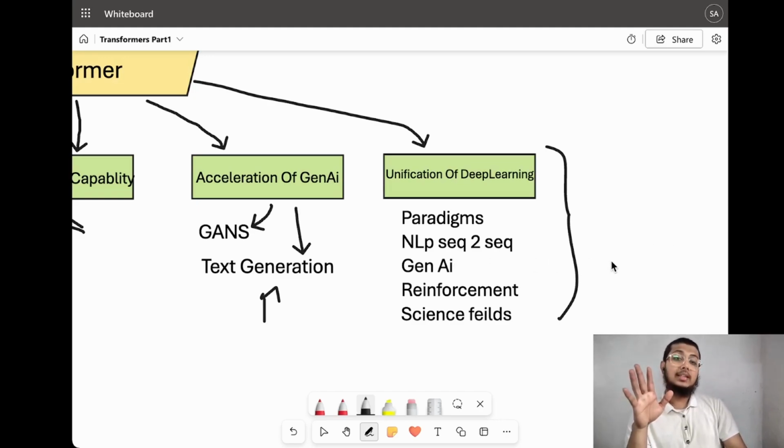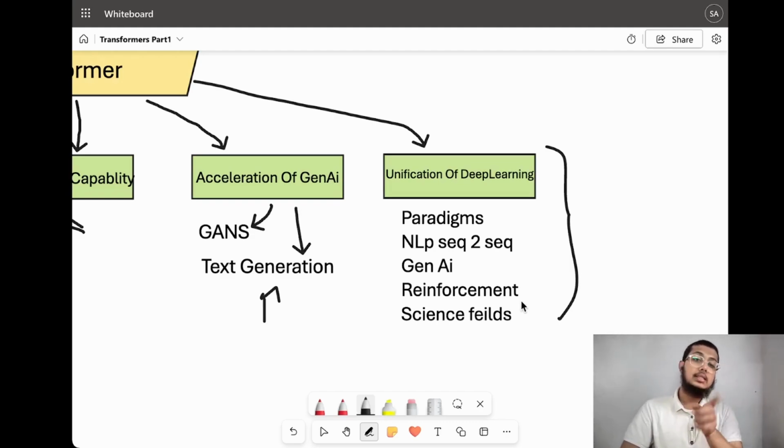So far in the history of deep learning, you try to solve problems by creating architectures for different types of problems. For example, ANN works best for tabular data, CNN for image-based data, RNN for sequence data, and so on, to generate like GANs, etc. Recently, in the last 1 or 2 years,